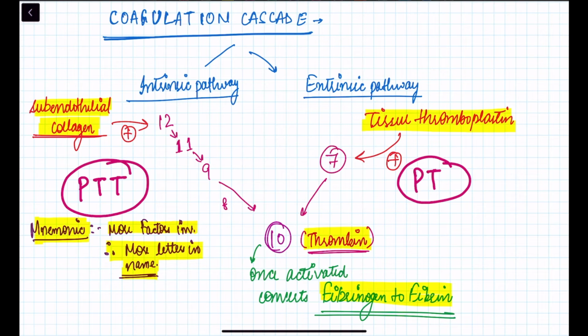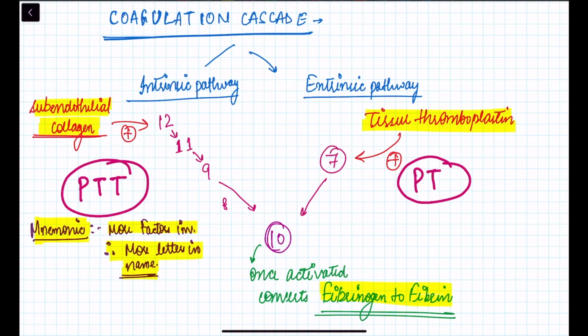I think this is incorrectly mentioned here. Let me just erase that. So factor 10. On the extrinsic pathway, you start with tissue injury, which activates tissue thromboplastin, and this will